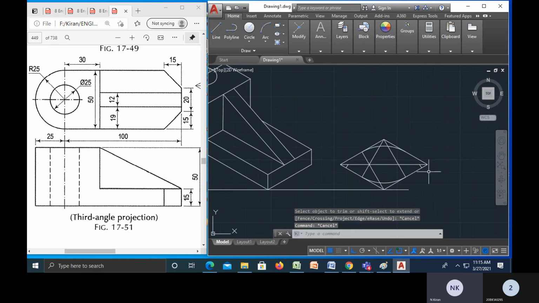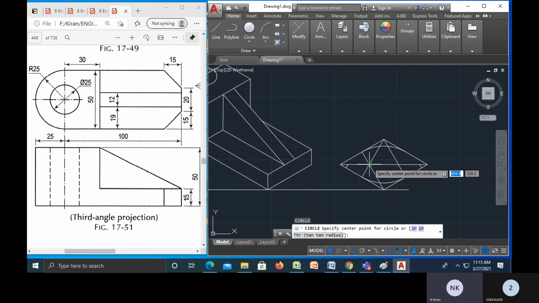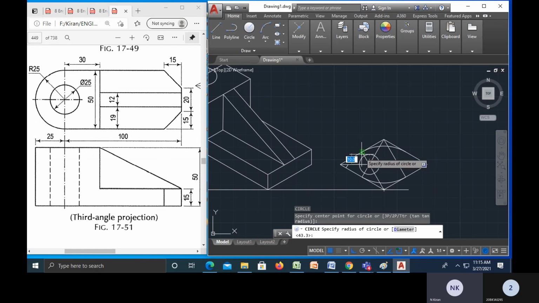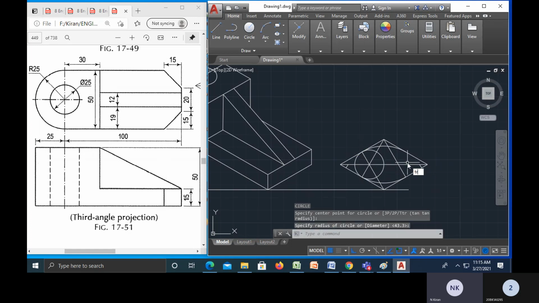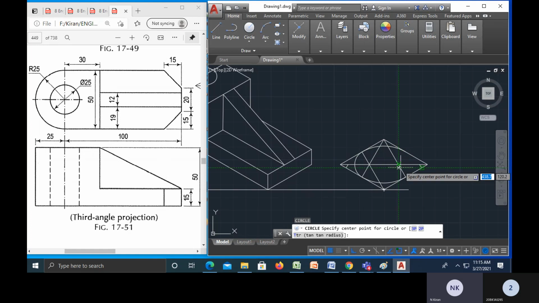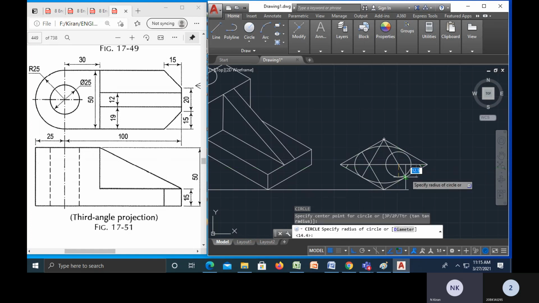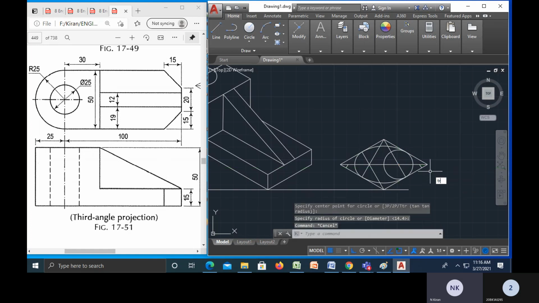Okay, right. Now again C enter. From this point, I have to take up to here. TR double enter. Again C enter. From this point, I'll take up to here. TR double enter.